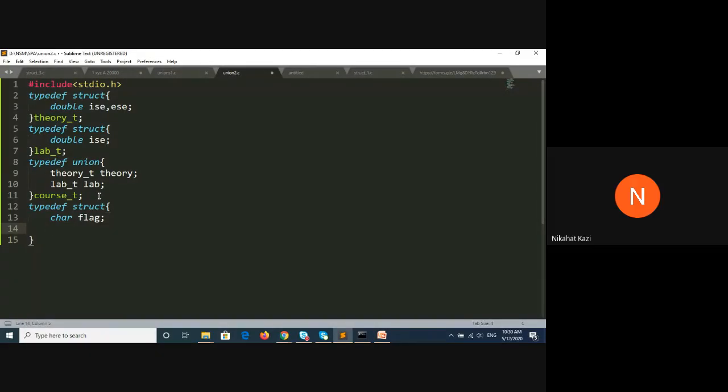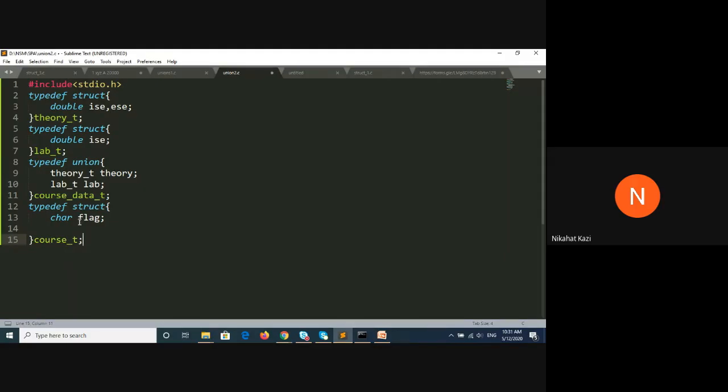Okay. Now, since it's going to choose either of them, what variable should I create here? Can anyone tell me on the chat? So finally, I can call this course data, and this will be my course actually. Okay. Course type.